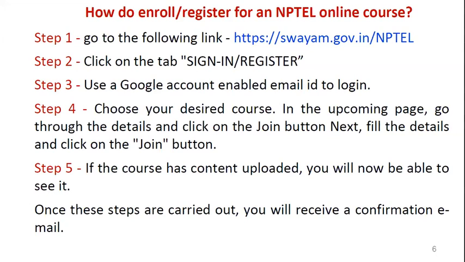Or if you are interested in a particular domain or particular course, you can search with that related keyword. Then all relevant courses are displayed. Then simply click on the particular search result course. Then simply click on the join button. Whenever you click on join, it displays one simple registration form which shows your pre-filled data, like your name, date of birth, email ID.